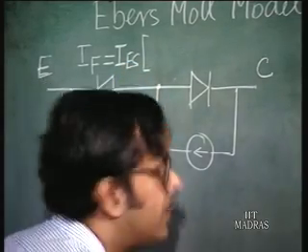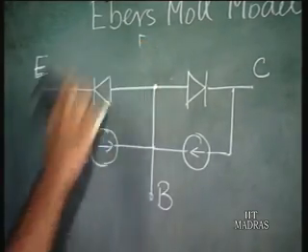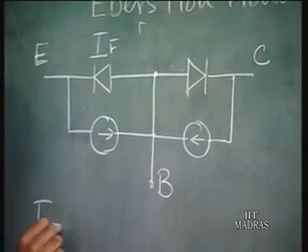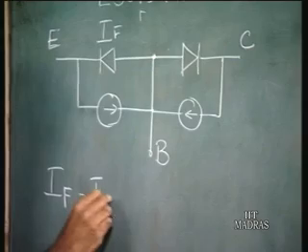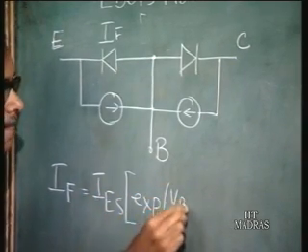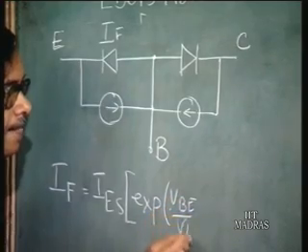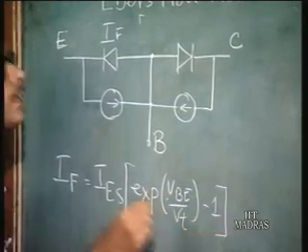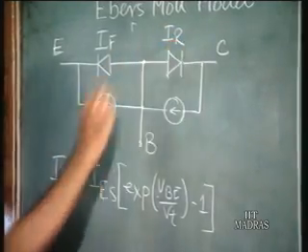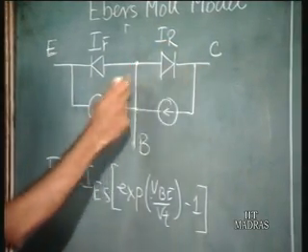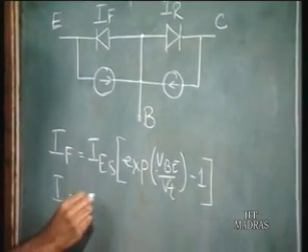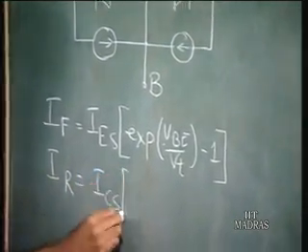IF equals, and you have the other current IR. This is the base collector junction, so this depends on the base collector voltage. IR is equal to the constant